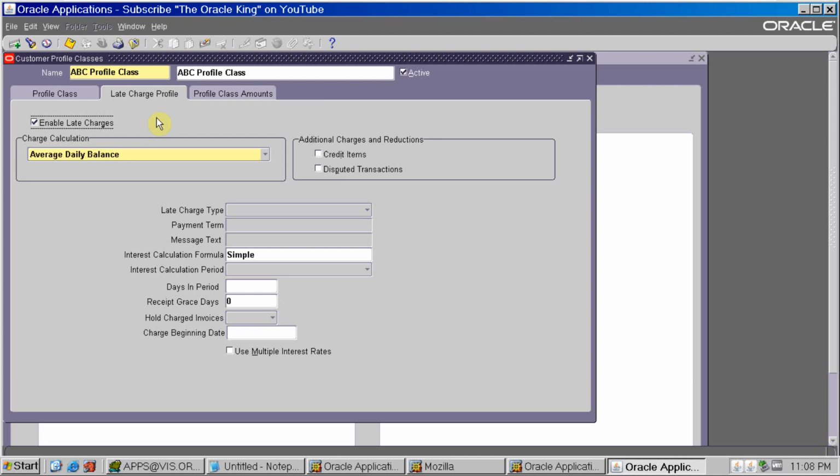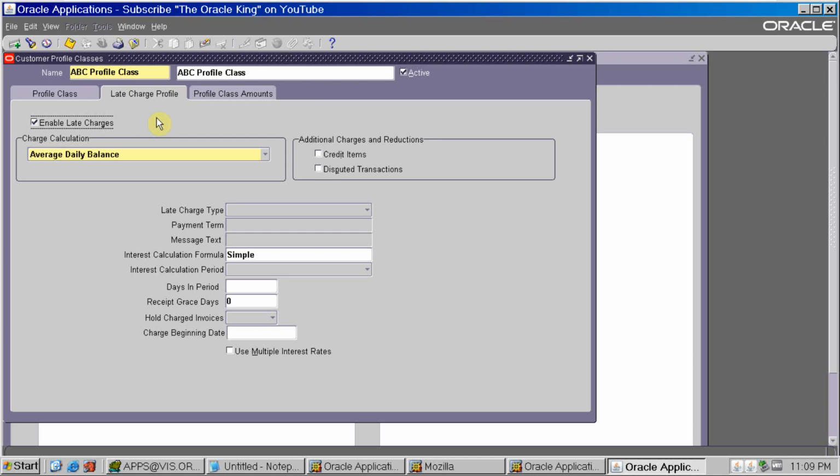Late charge means, for example, if the customer didn't pay within 30 days, and we have given 30 days' time to the customer, once the 30 days are crossed, then 10% should be calculated. Now it depends on you how you want to calculate. In the setup you have to enable things like whether you want to calculate when you receive the receipt, or whether you want to generate the late charge invoice and then send it separately.